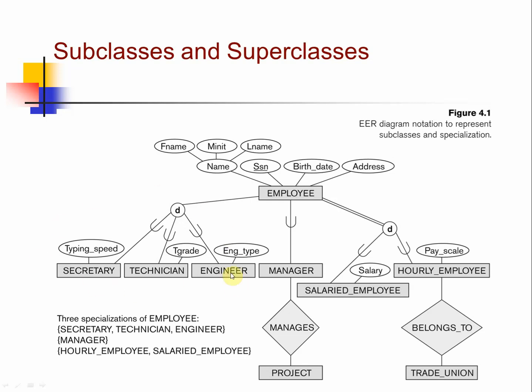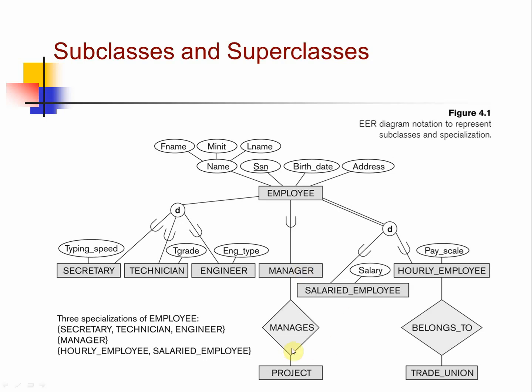On your left side, you can see that based on the job type, they can be separated into secretary, technician, or engineer. If that person is a manager, then there is a manager subclass of employee. So you can see that maybe there are 100 employees and only 5 to 6 managers here. So based on that subcategory,